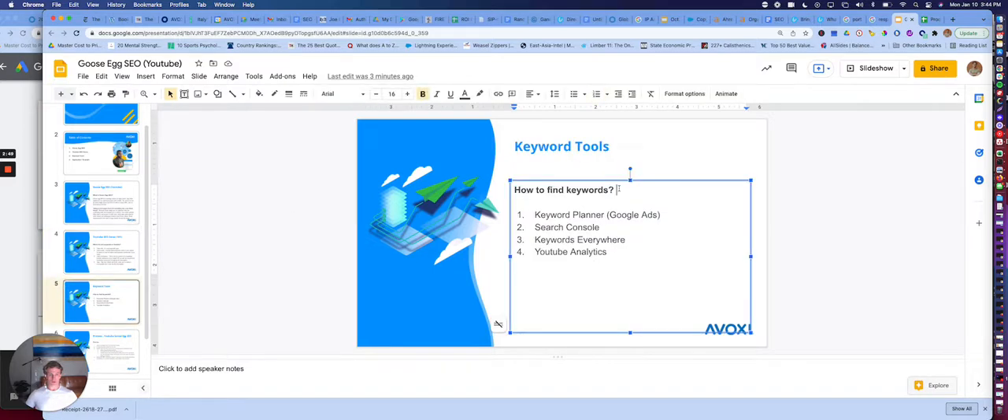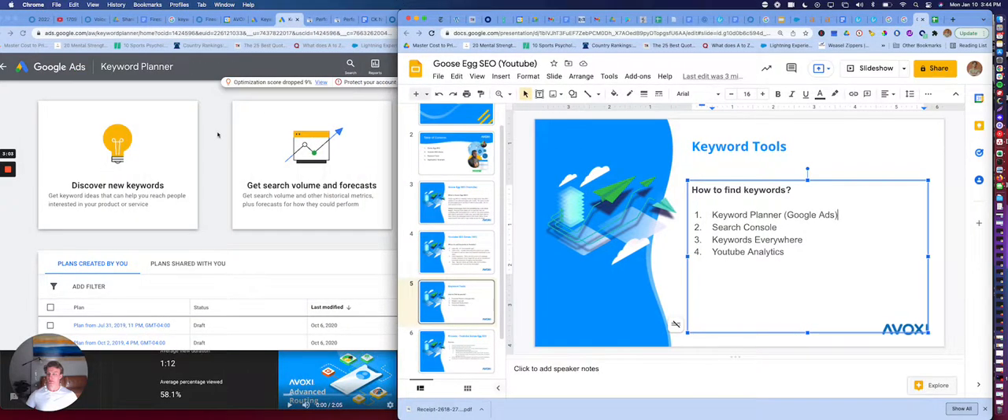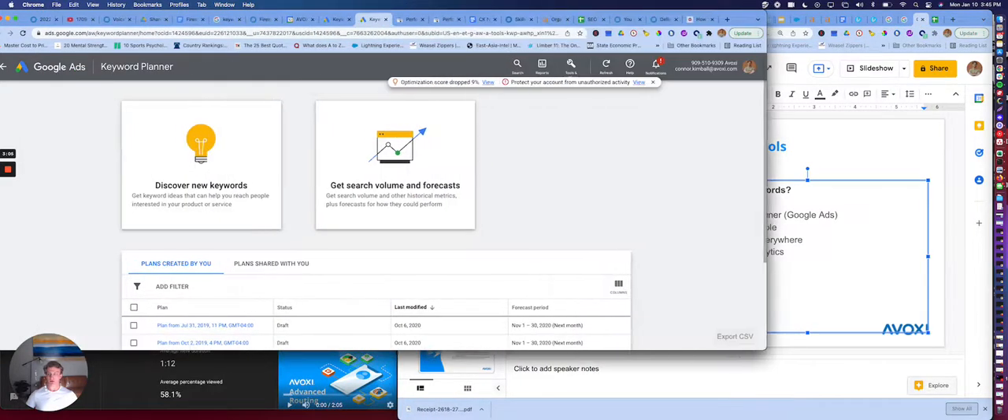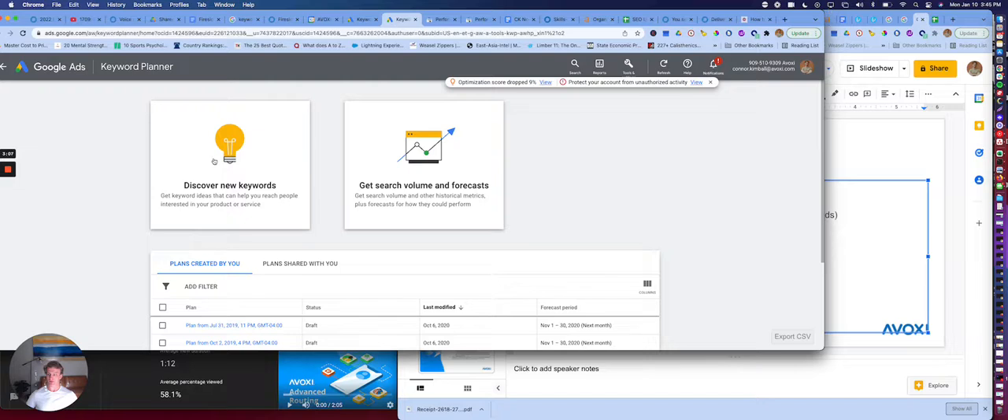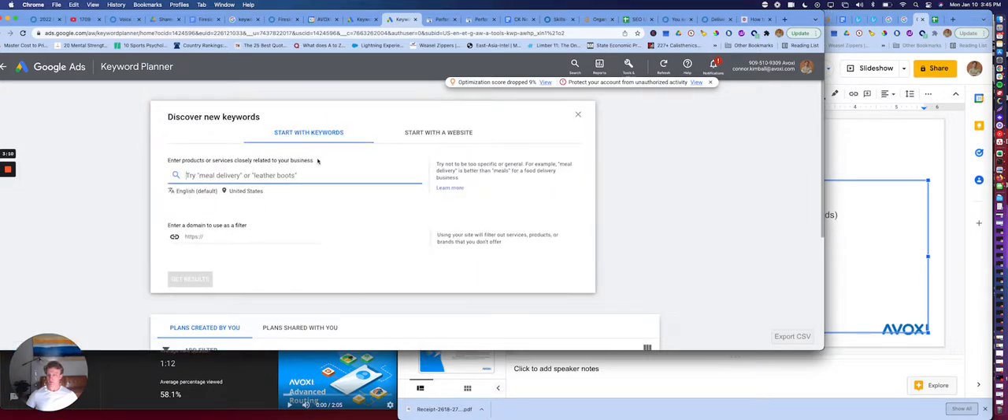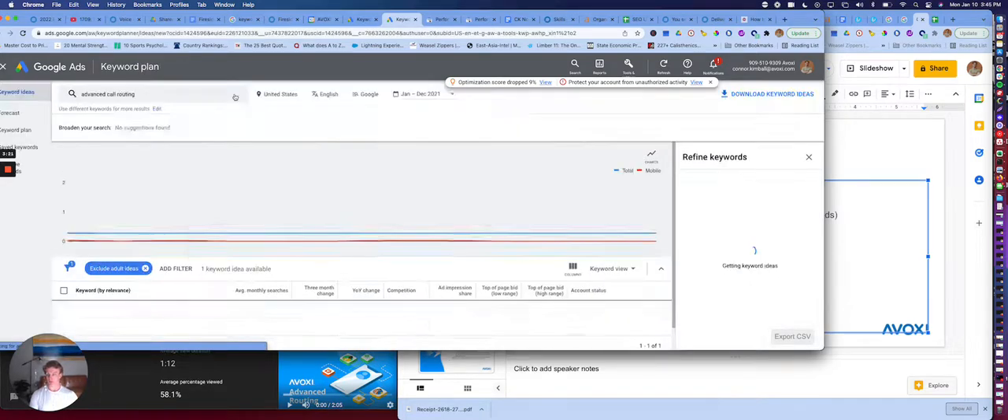Now, what tools are you going to use to find these keywords? Some of these will be a rehash, some of these might be new for you, but number one will probably be Keyword Planner, especially if it's new terms. Let's check out what that looks like. In Keyword Planner, you'll go to Discover New Keywords. For today's example, we're going to look at an Advanced Call Routing video. So starting with that, let's do Advanced Call Routing, get results,